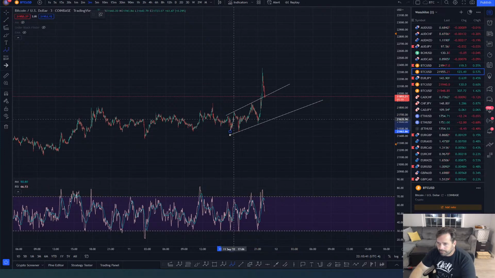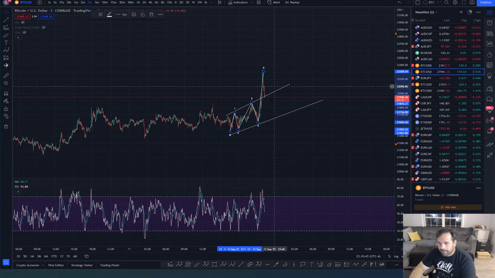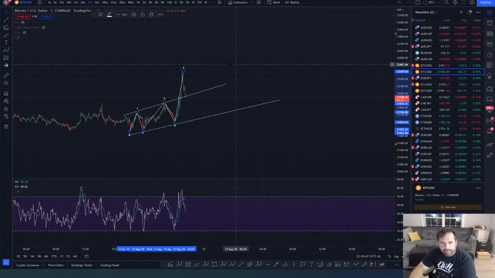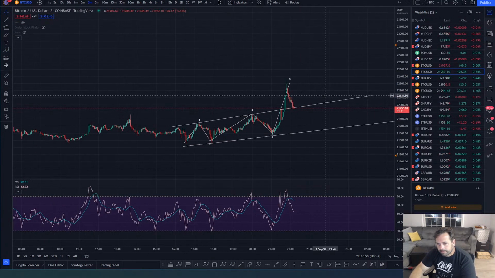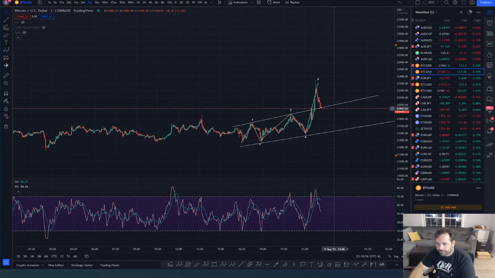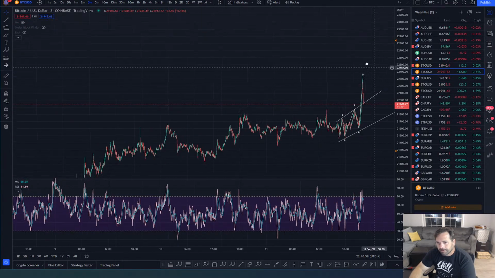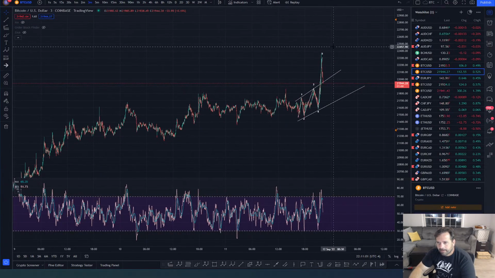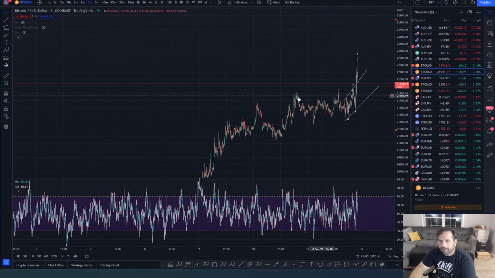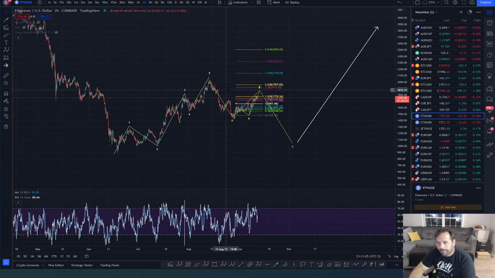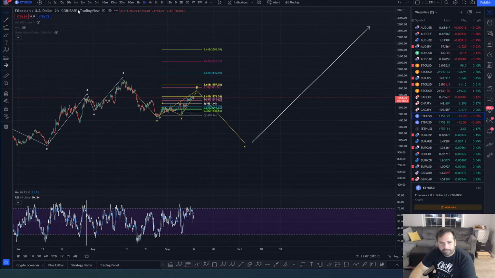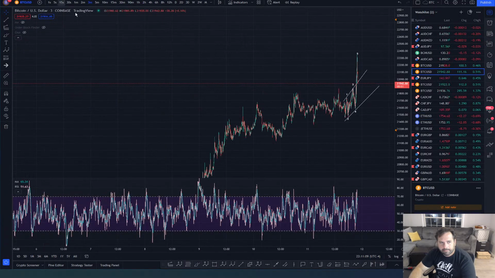That's very possible. 1, 2, 3, 4, 5. And you got the throw over, basically. And every wave is 3 waves. Boom. 3 up, 3 up, 3 up. And wave 3 is not the shortest. That's a nice ending diag, actually. Kind of crappy. But there's your wave 5, guys. That could be a wave 5. And we totally could be done, for sure.